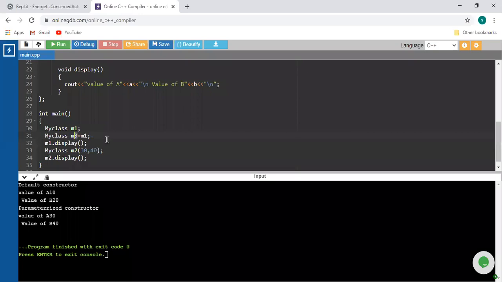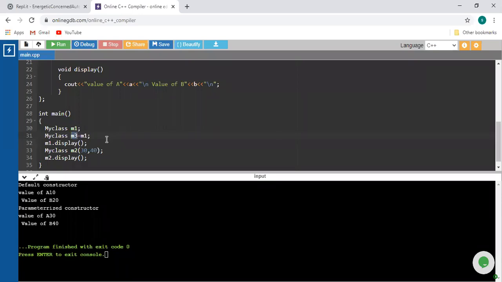So with respect to the m3 object, what are the values of a and b? 10 and 20, because when we created that m1 object, a and b are 10 and 20. So we directly copy that old object into the new object m3. When we call the display method, m3 is going to display 10 and 20. So this is nothing but a copy constructor.